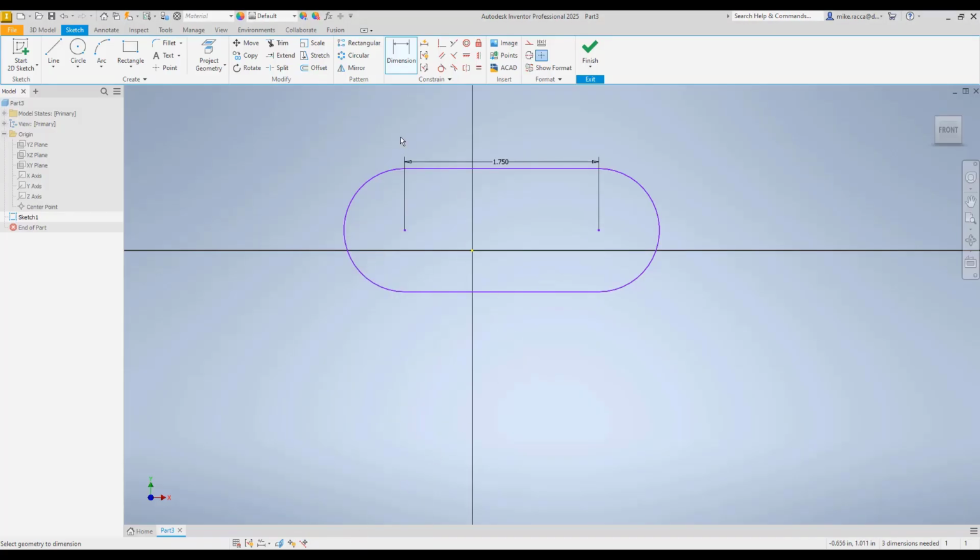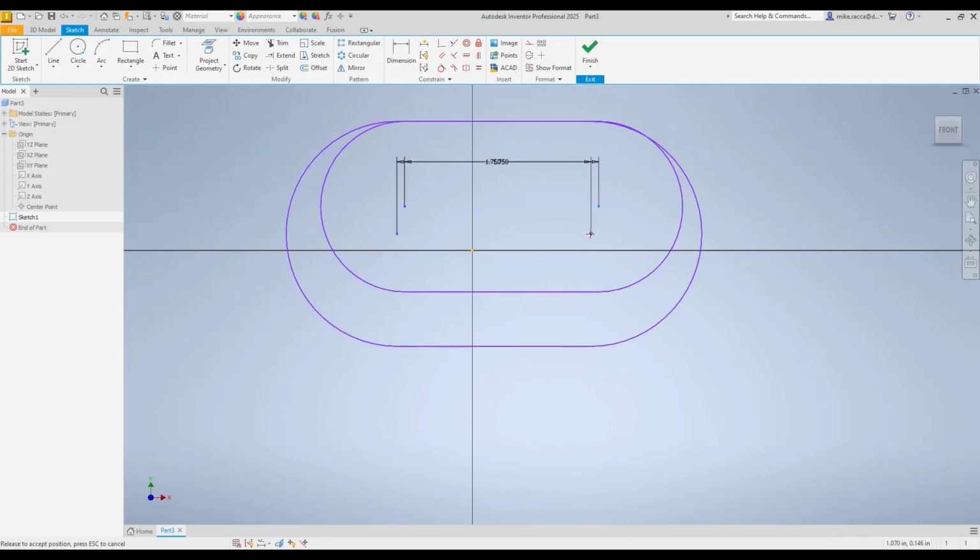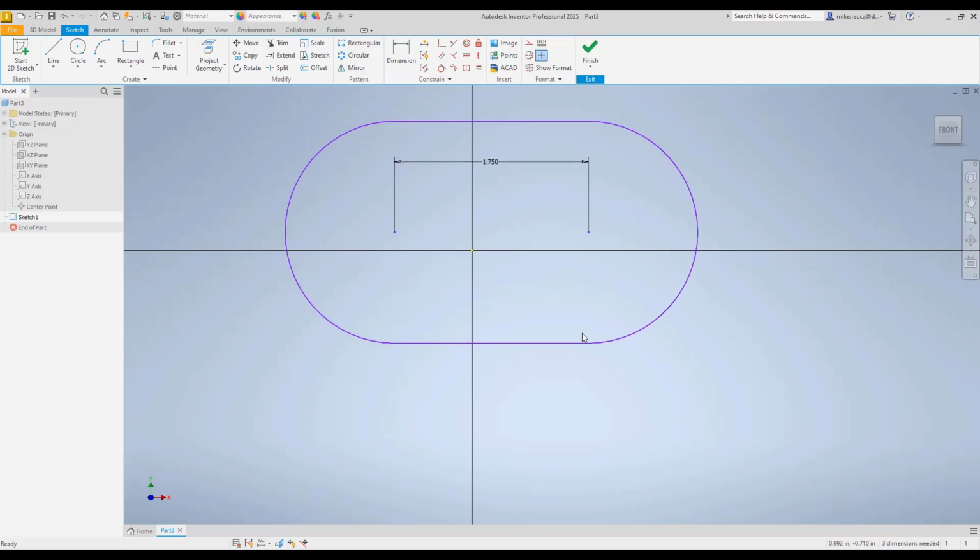Okay. And if I come back over here again, I can right click and say OK. And now when I drag this around, just the radiuses of the shape change. The length of the shape doesn't change anymore. So that kind of gives us a clue on what kind of geometry or dimension we need to add